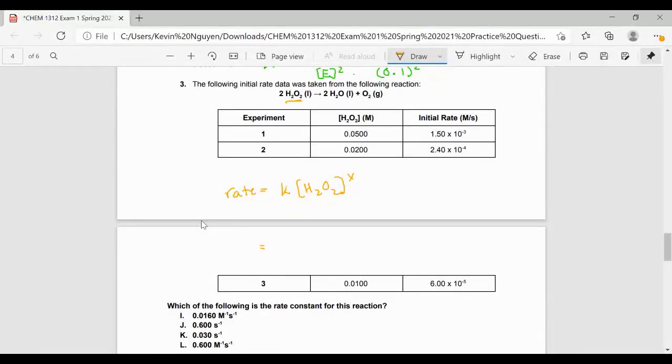Choose any 2 equations really. We don't need to worry about any other reactant. Let's go ahead and choose experiment 3 and experiment 2, because I like their smaller numbers. The smaller your numbers, typically, the easier the problems will be. Anyways,